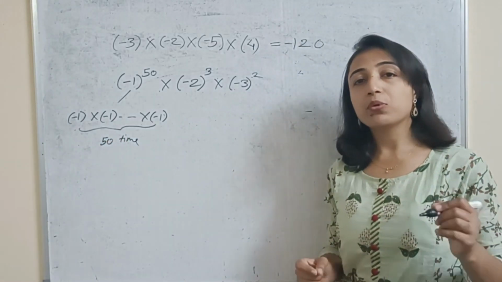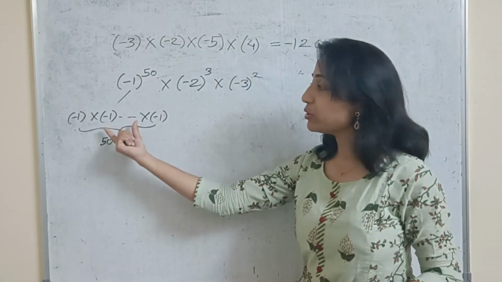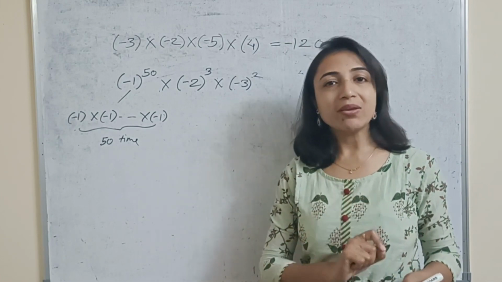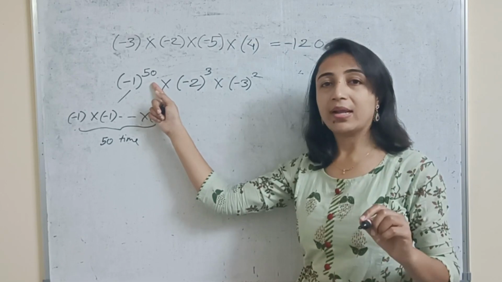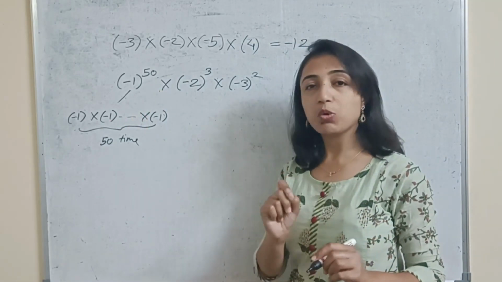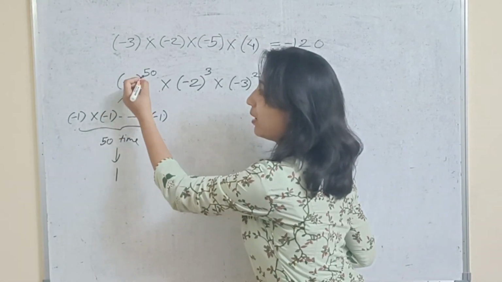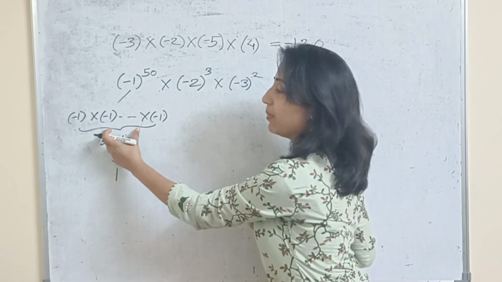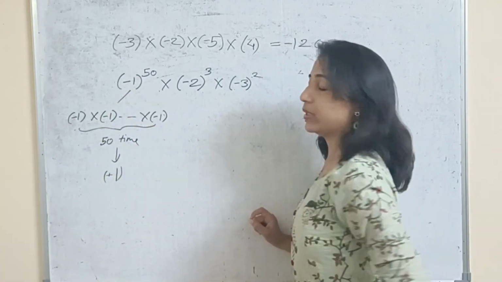And we know the product of 1 into 1 into 1 is 1, and that is a 50 times product. So 50 times there is a minus sign, that means it is an even number. 50 is divisible by 2, so it is even, and an even number of times product is positive. So the product of 1 into 1 is 1 and its power is 50, which is even. So the product of an even number of minus signs is positive. So the answer is plus 1 for this first term.